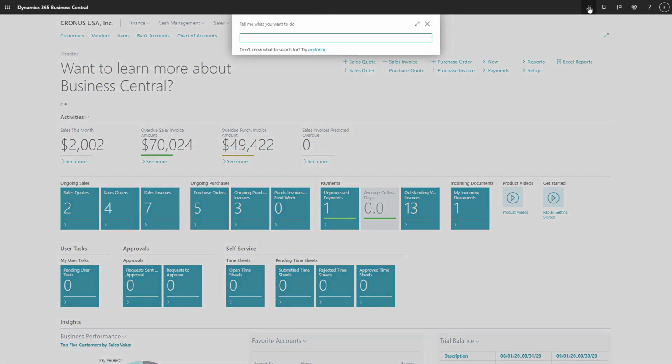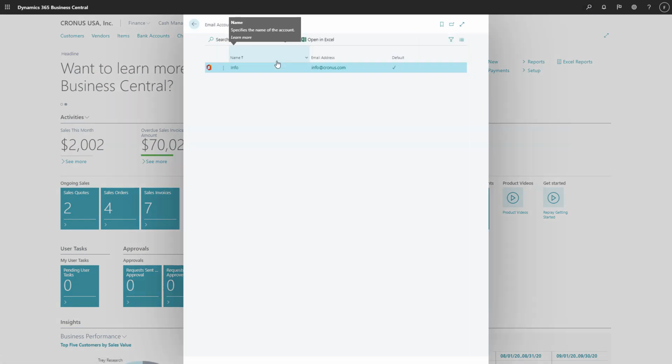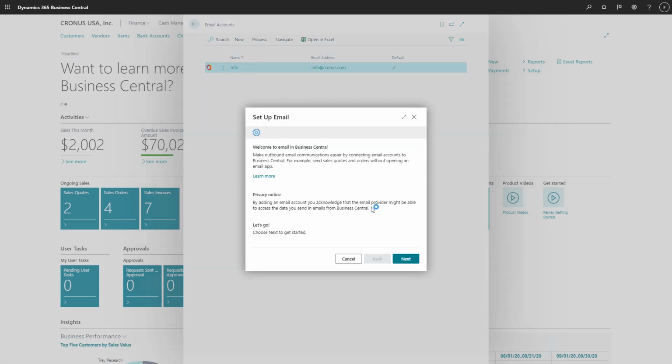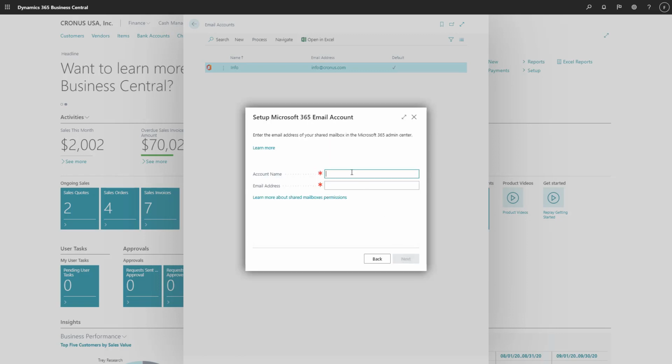We'll go to the Email Accounts page and choose Add an Email Account to start an assisted setup guide to add our sales email account. Let's add a second Microsoft 365 account. This is the sales email account that our system administrator configured in Exchange Online. Now we'll just enter the name of the account, sales, and then the address,